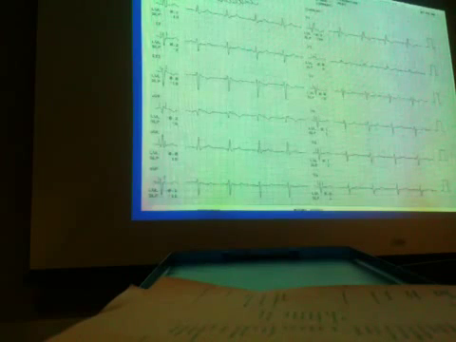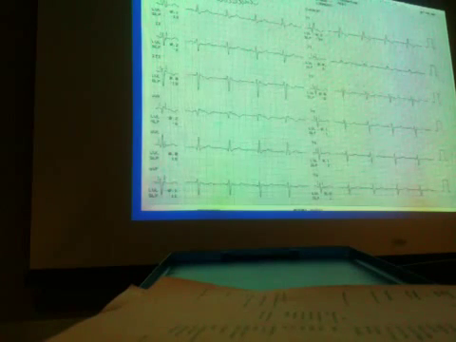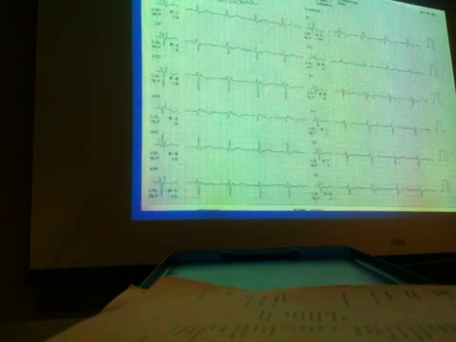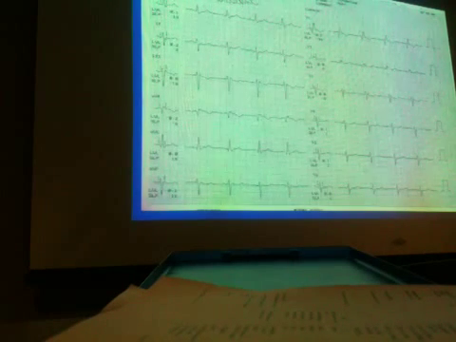So here we have another example. So you're going to use lead V1 to focus on, but you can also use V1